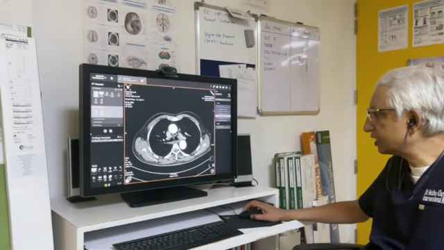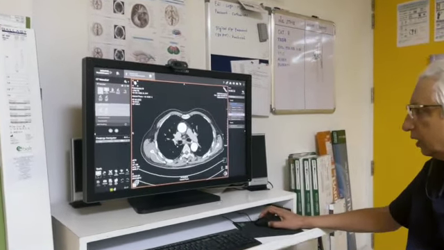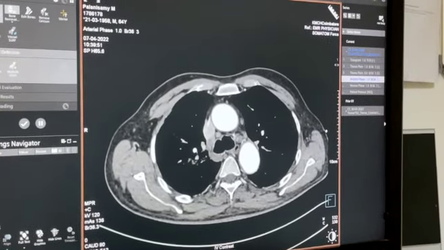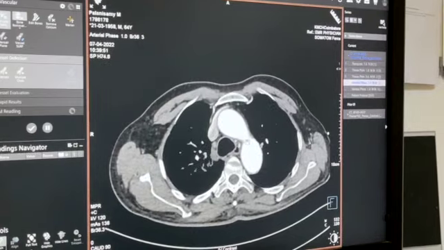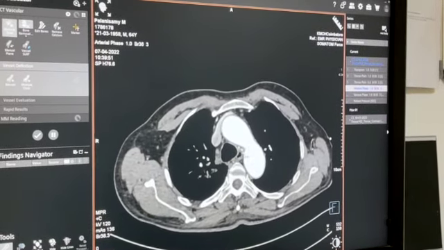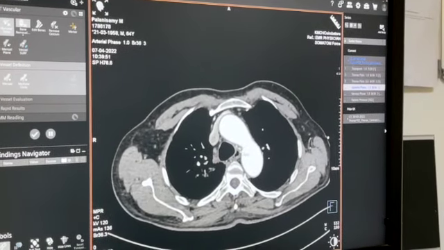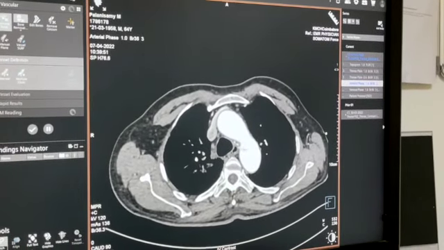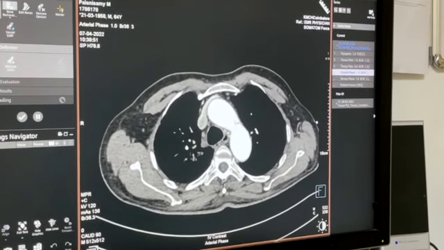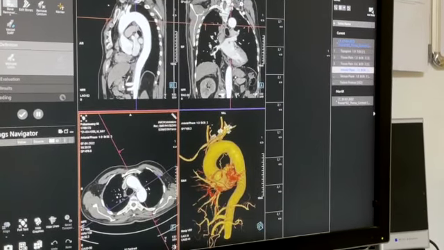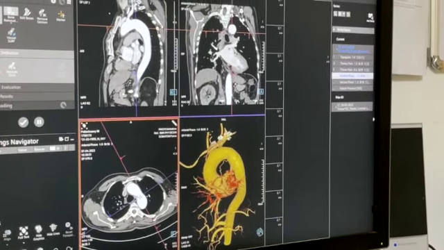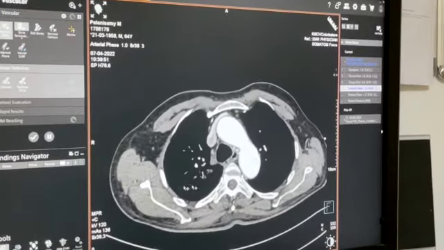Now if you look at the axial views, you can see there's nothing down, but as we come up, this is the bronchial artery, and you can see this vessel arising from the arch. Obviously on this view you cannot plan how to access or treat, except that you know it's a small size vessel. If you do a multiplanar reconstruction and you place this cursor exactly at this spot,